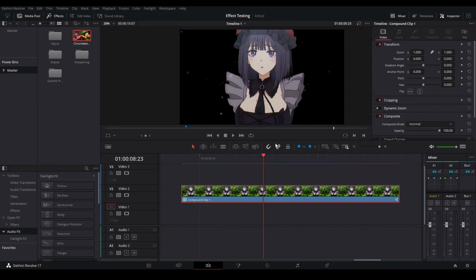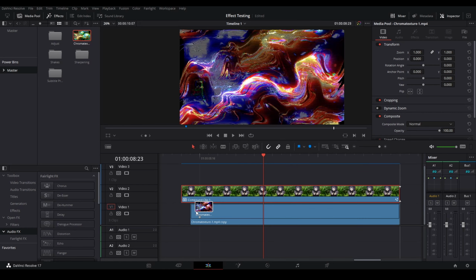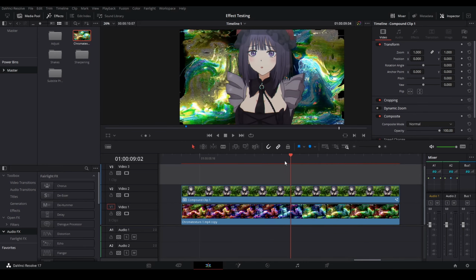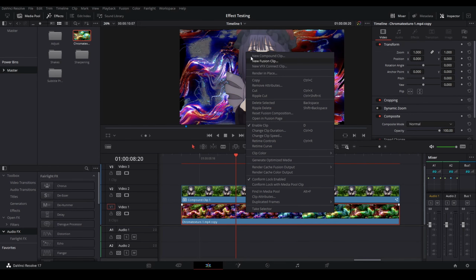Now you're going to need to find an overlay. This comes from editing packs, YouTube, online, Discord servers, and just drag that under your clip. And as you can see, it places the overlay behind the character right here and covers most of the stuff that you deleted. And now what you can do is, if you want to make it look a little better,